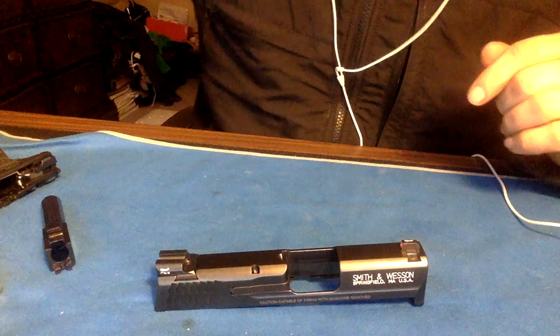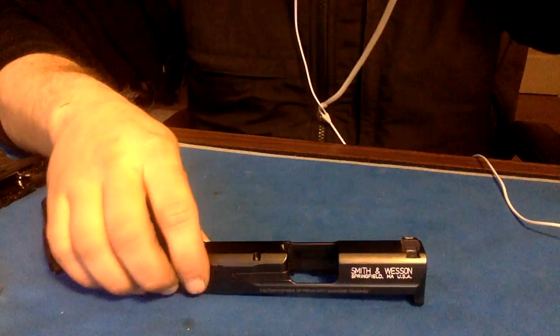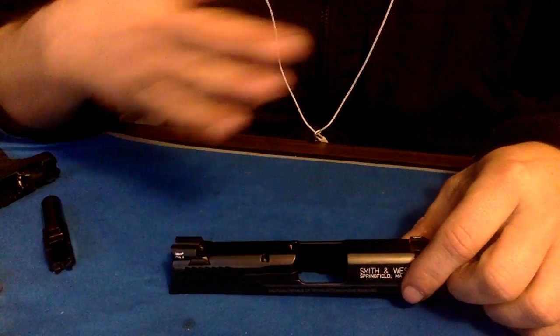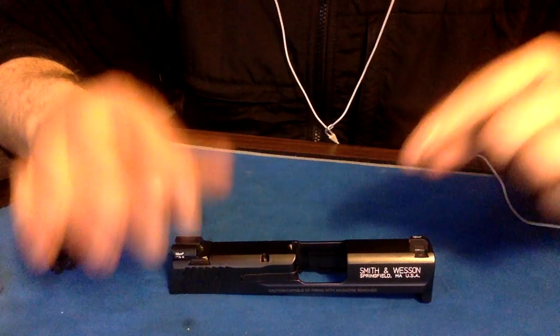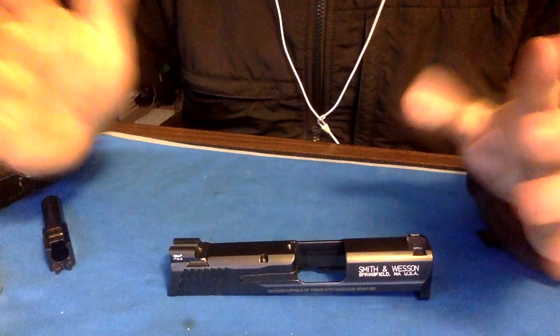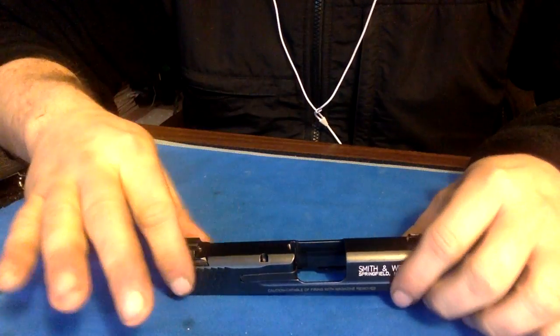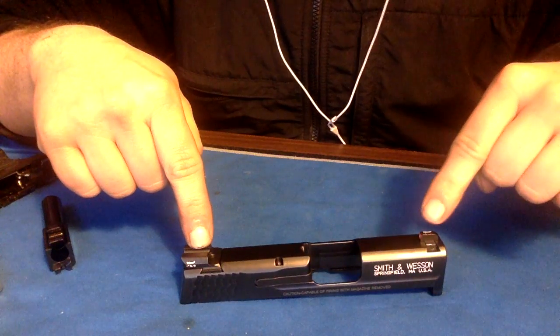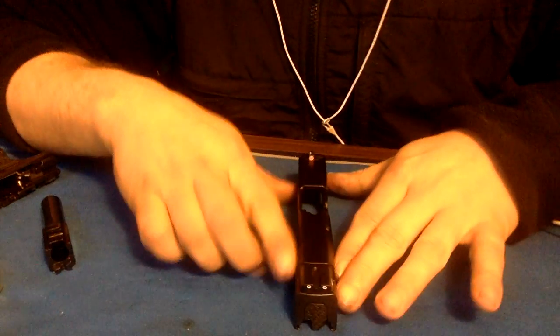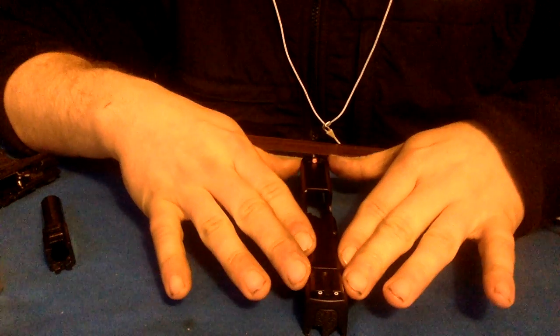Okay, so the cons, the issues with the AmeriGlos. I think there's only really two that I have had, not a gripe exactly, but things I would suggest that might persuade someone in one direction or the other. Like I said before, the metal that they used here on the sights is particularly soft. So if you don't have a sight pusher,